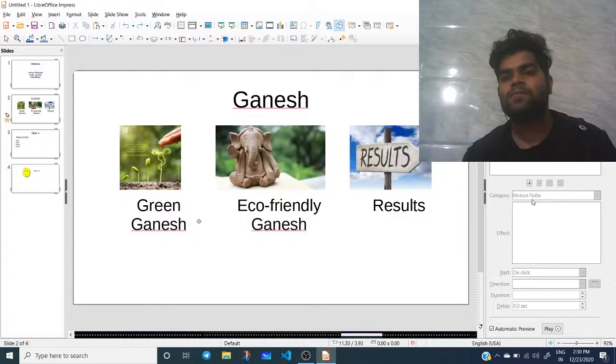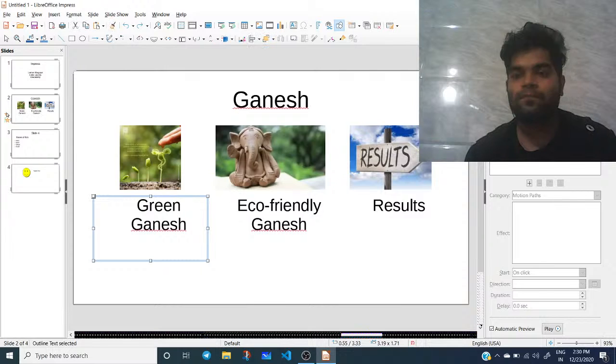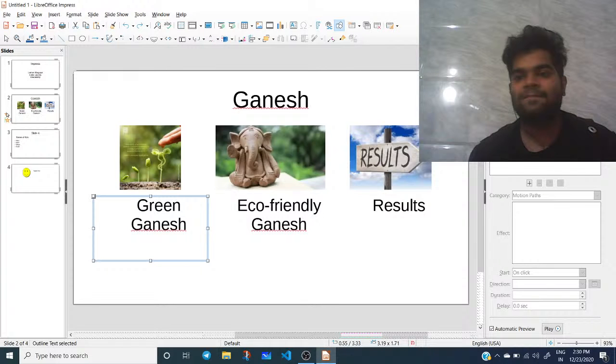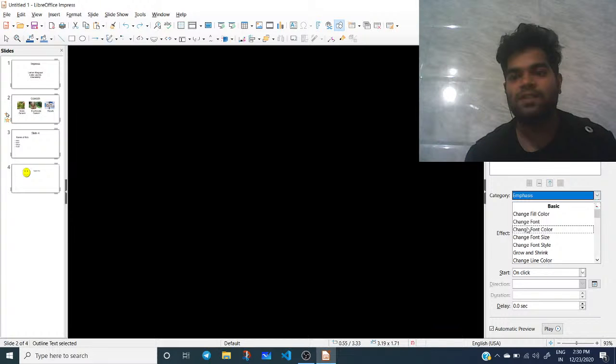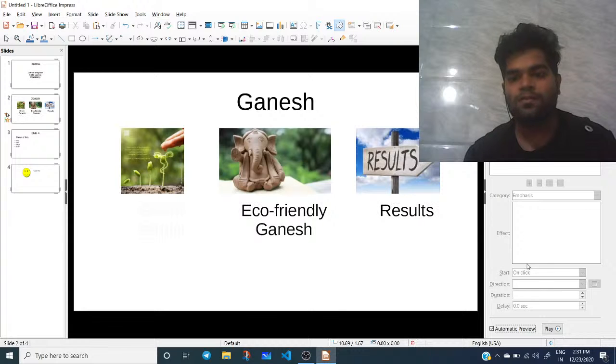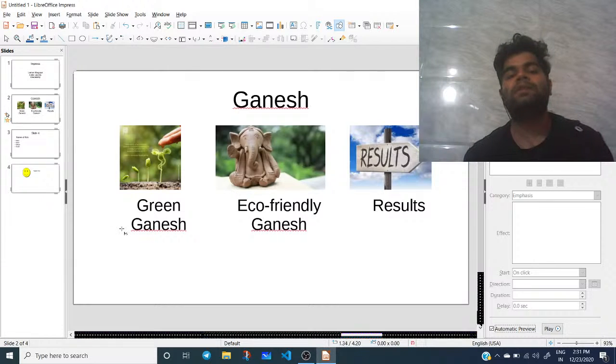So add animations, उस पर क्लिक करो, emphasis, change font color। कौन सा font color चेंज होना चाहिए, देखो वो अपने आप font color चेंज हो रहा है। So that is how basically you guys can add the animation and the slide transition।